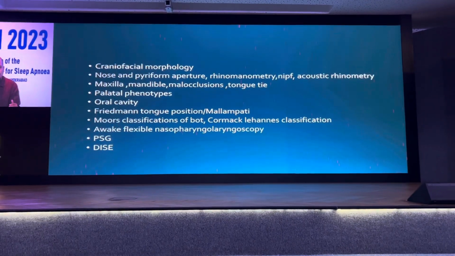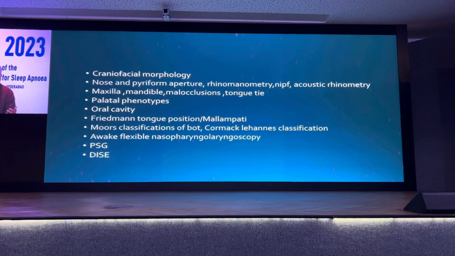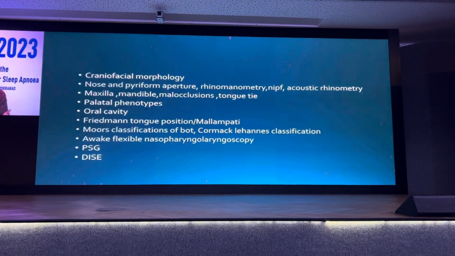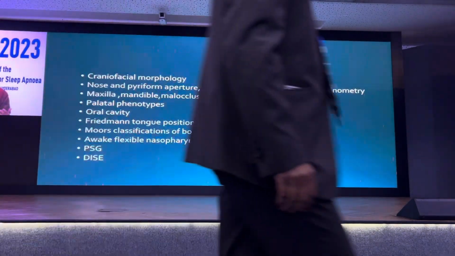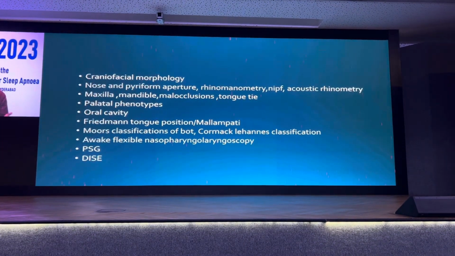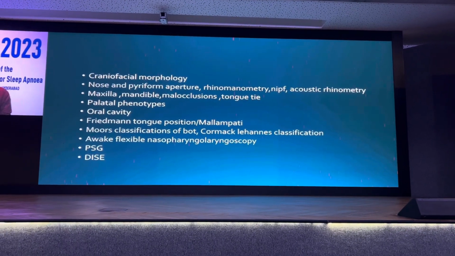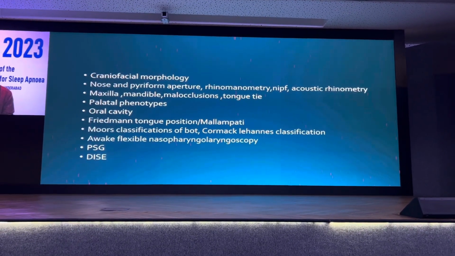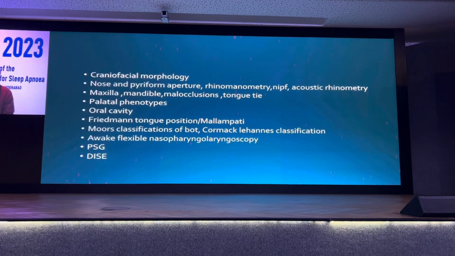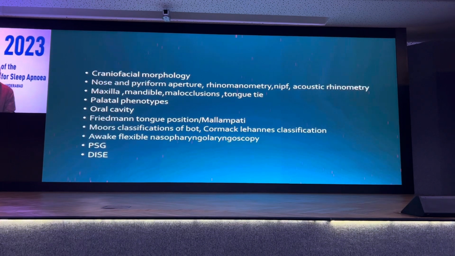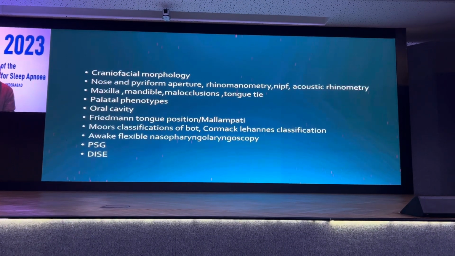So when it comes to clinical examination, we need to look for any craniofacial morphology. We have to get a cephalometry to assess that, and this morning we saw how a cephalometry helped us in determining the measurements. And when it comes to the nose and piriform aperture, how a high arch palate can affect the nose, and the transverse diameter of the piriform aperture need to be assessed. When it comes to the nose, we need to see the external nasal valve and the internal nasal valve. Is there any collapse at these two levels?